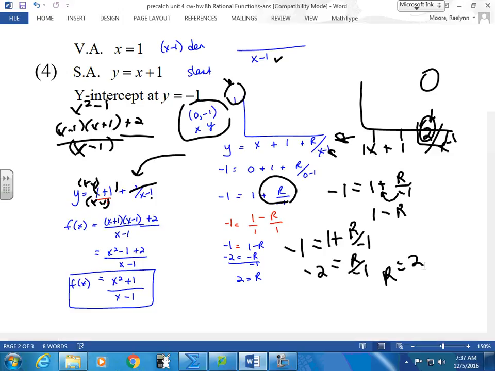Good? Any questions at all? I'm finding these. Working backwards probably has a little bit